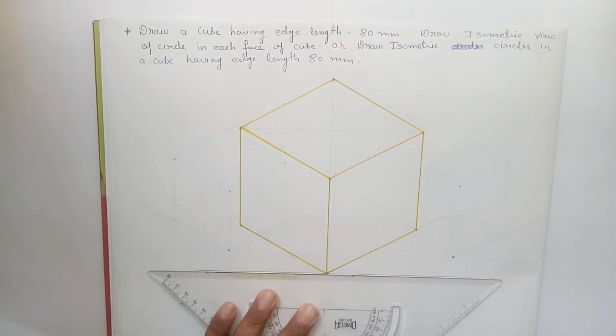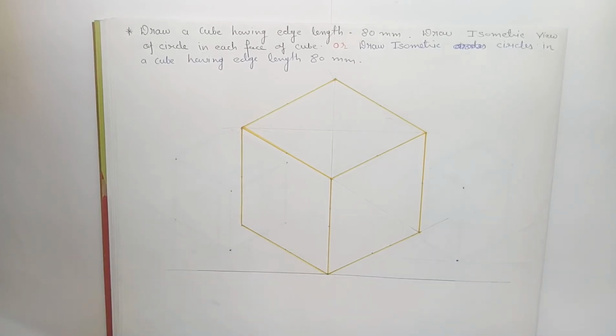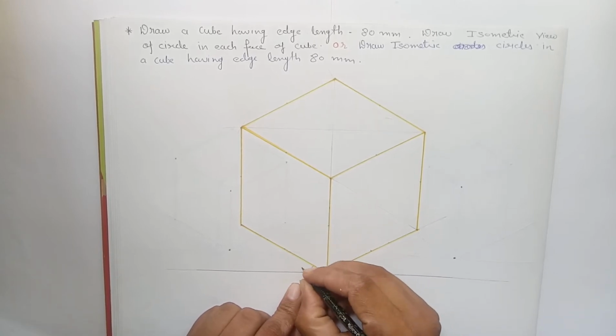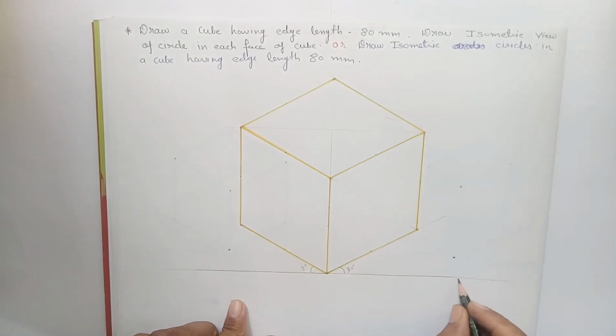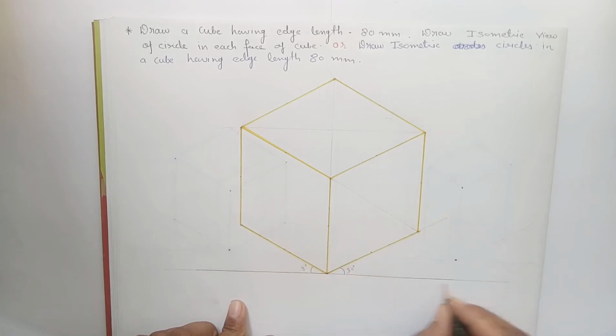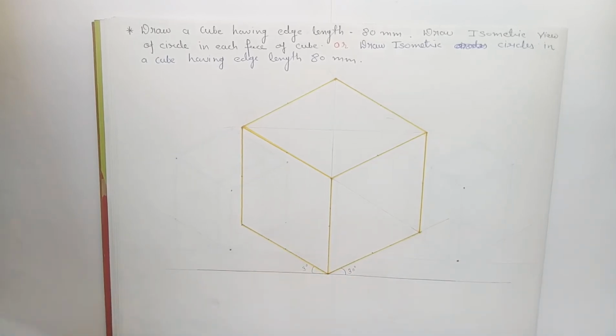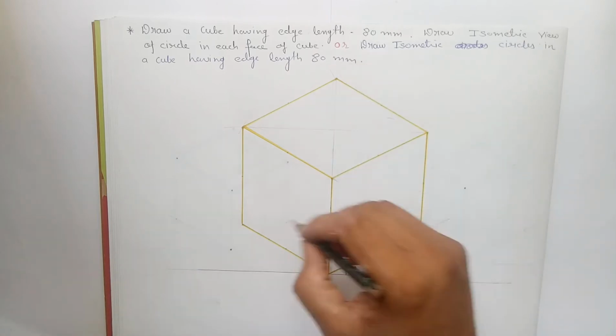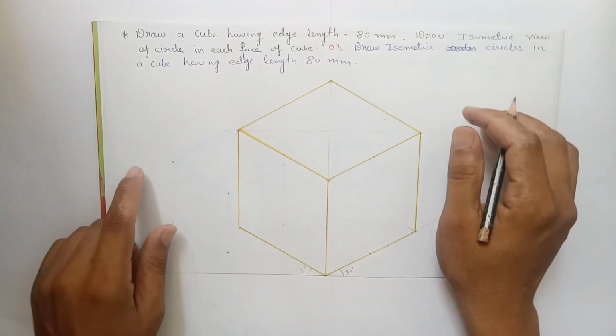The method of drawing the cube that we have discussed in session 1, follow that particular method to draw the cube. First of all, we have to draw the axis, that is isometric axis inclined at an angle of 30 degrees from the baseline. Then we have to draw the cube with the method that we have explained in session 1. So this is the cube having edge length 80 mm,